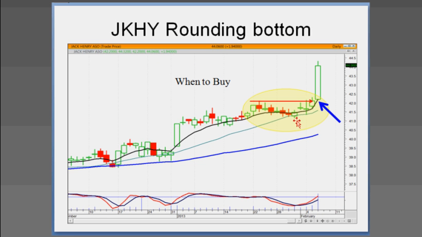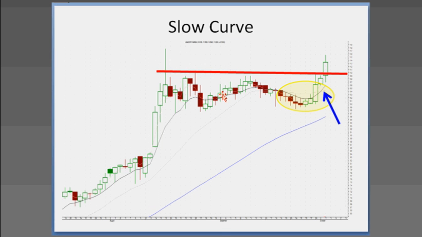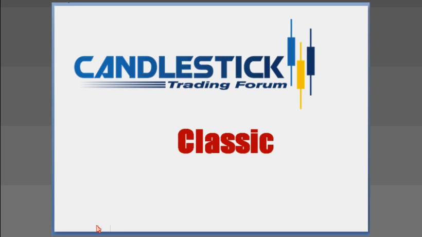When to buy? Right here when you start breaking out through this area. Are you going to always get big price moves? Not necessarily, but the probabilities of being in a big price move are greatly in your favor. These are the type of setups I try to find so that I've got a good move into the next area. And because we have the setups